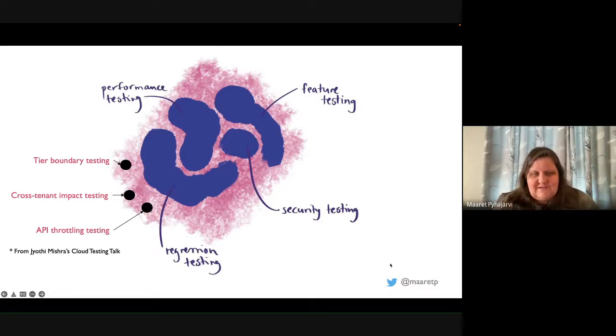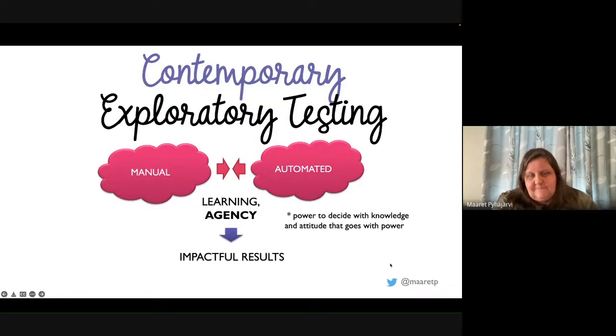So in that sense, it's kind of like a wrapper around all the different things. In the modern world, why I added the word contemporary into exploratory testing is that I really feel like we should give up on this whole idea of separating manual and automated testing. Automated testing is just a way of writing documentation, or it's a way of driving your interfaces, whatever level interfaces you have. And when you are using automation to run your tests, you're probably also creating documentation that you can